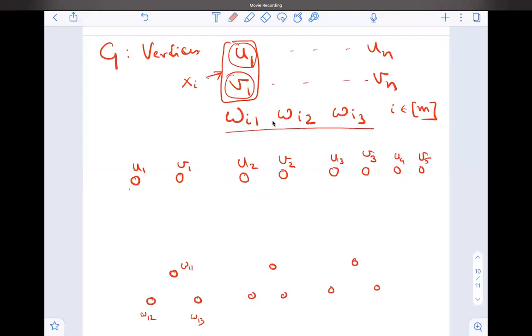So first of all, let me just add these edges. What this says is that at least one of each variable has to be true, meaning either x1 or x1 bar, or xi or xi bar. But that doesn't guarantee that both of them cannot be one. Maybe both of them are in the vertex set. So that's not good. This is the first part.